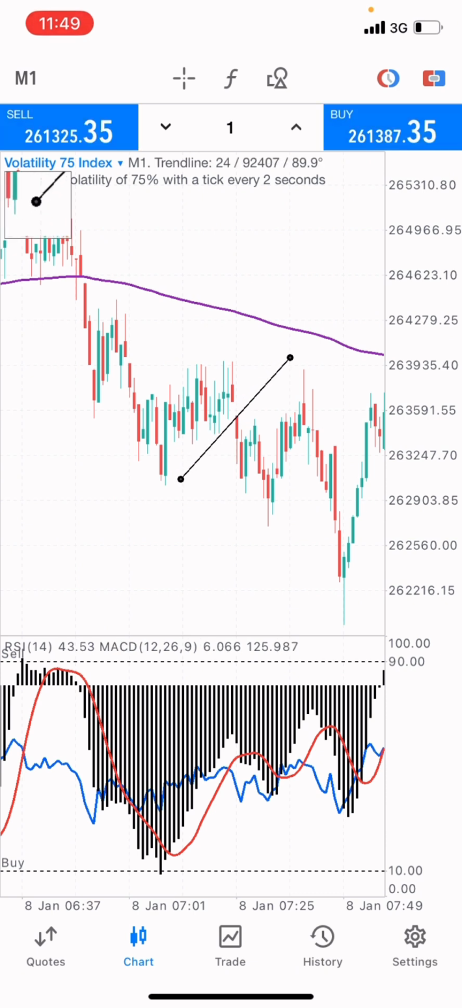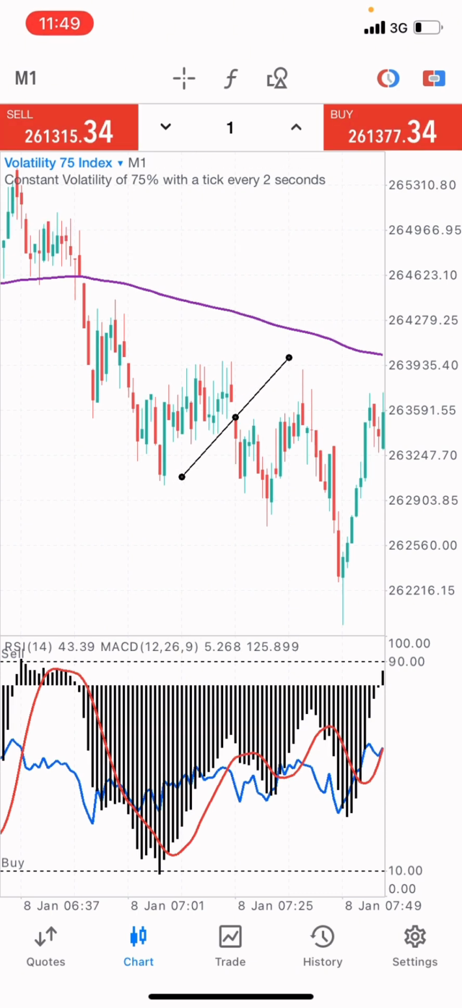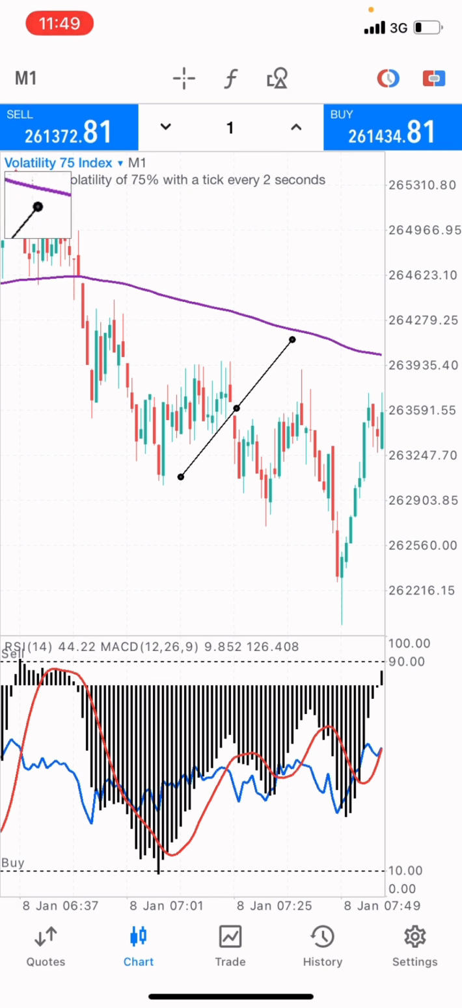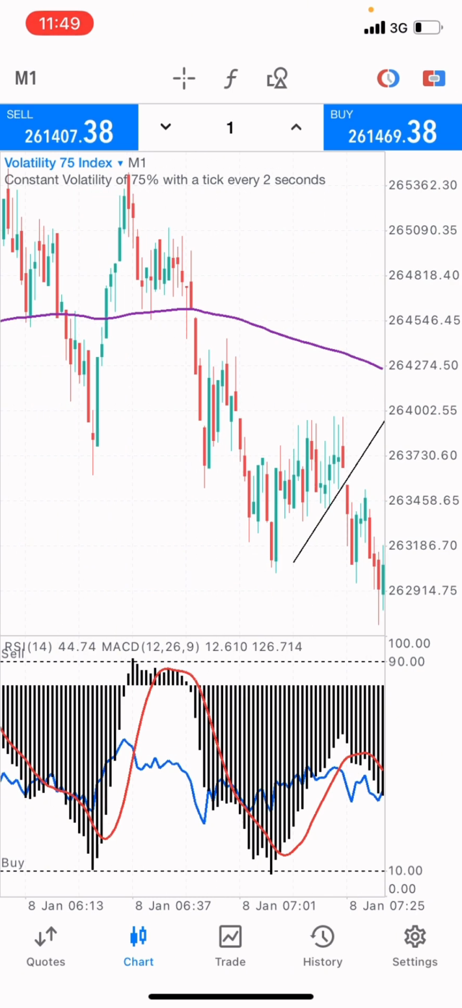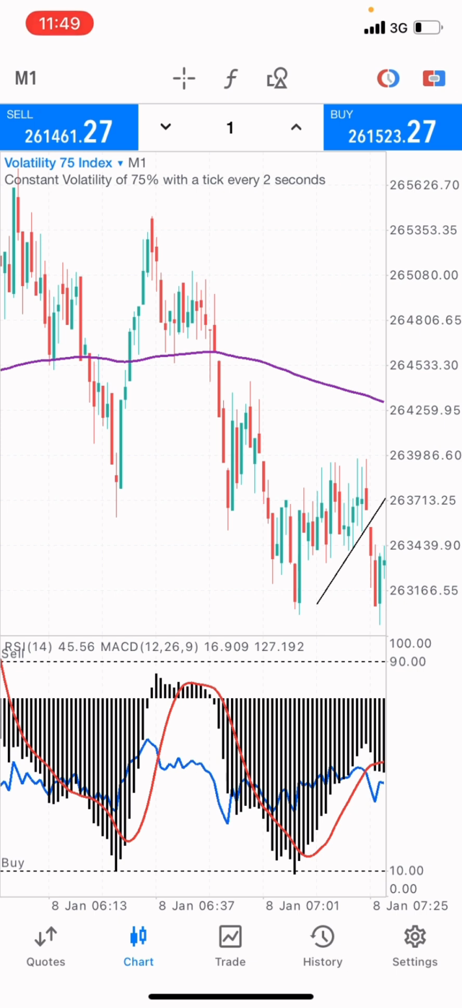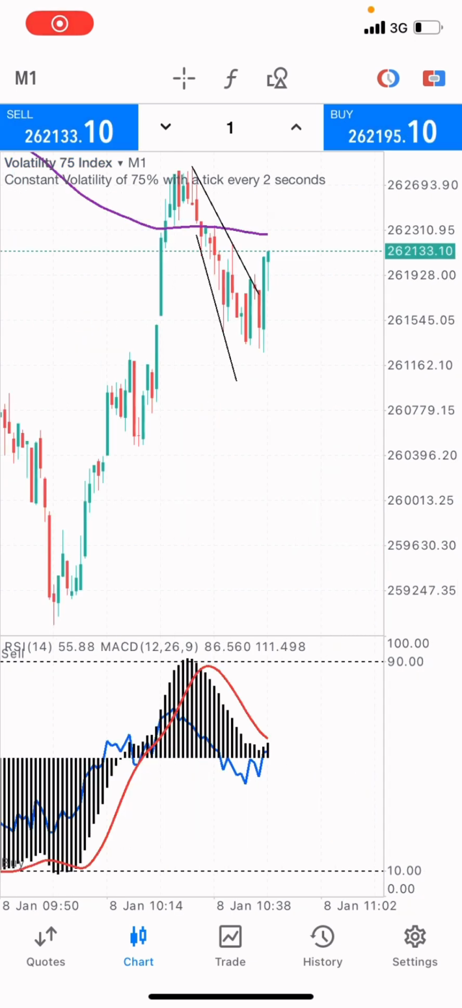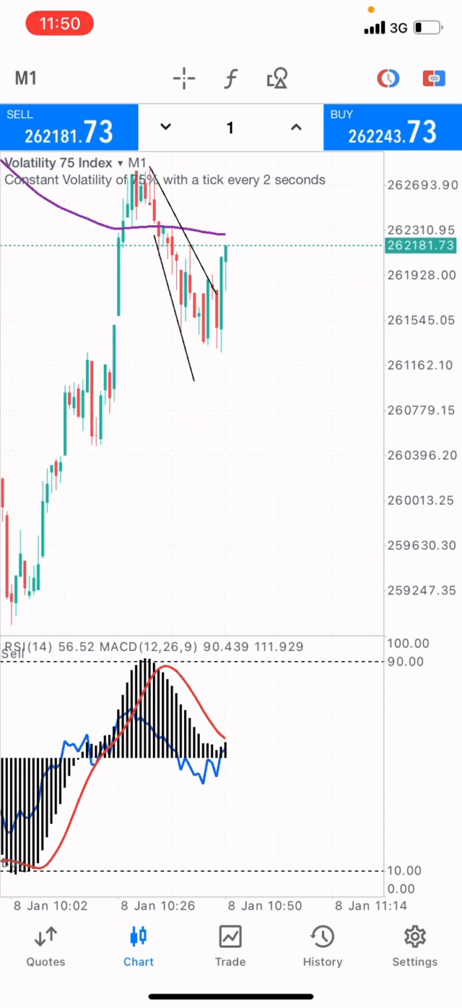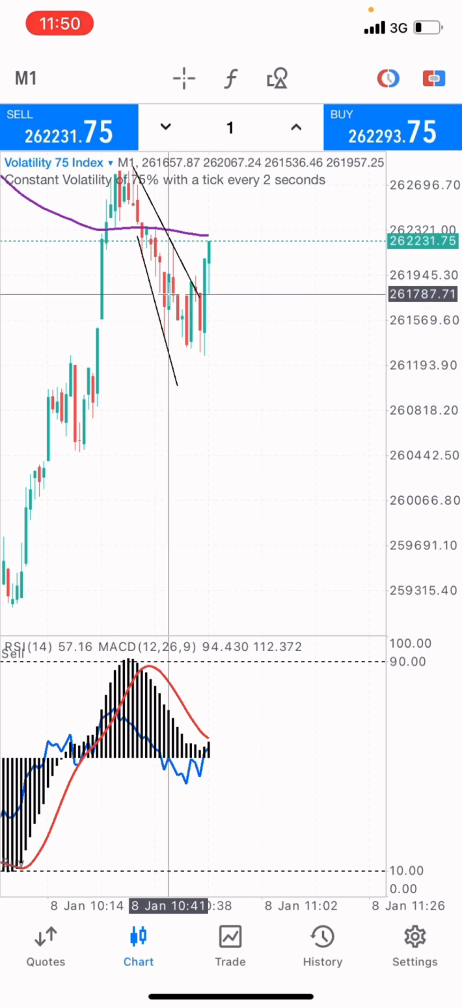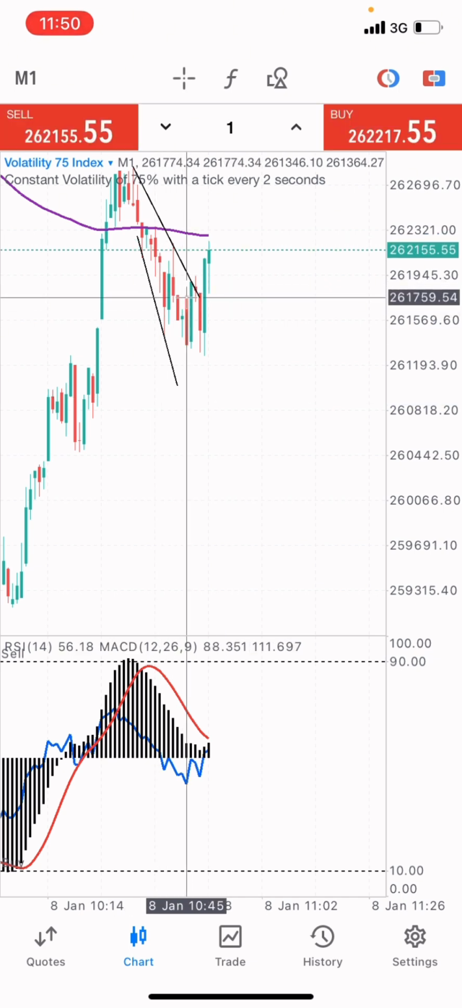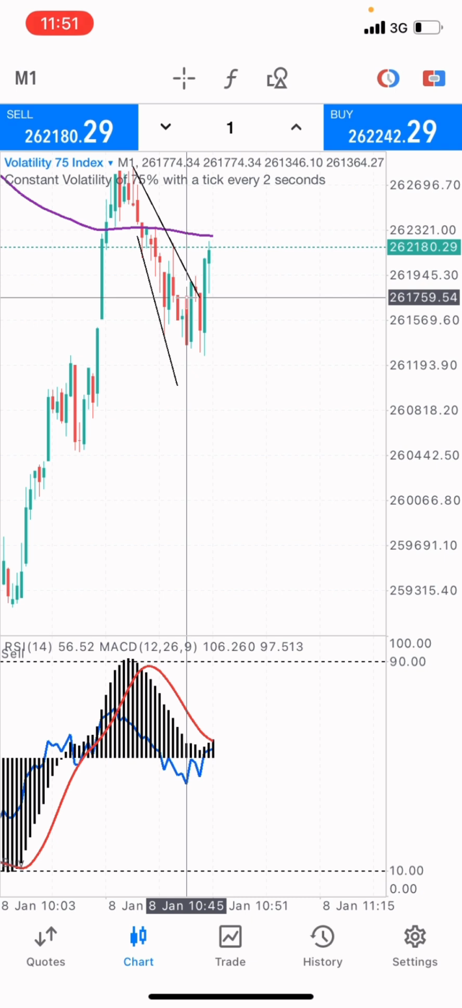Okay, the market traded upwards. Perfect opportunity for you to make massive profit from the volatility 75 market. Like I told you guys, this market would buy. I told you it would buy. So if you are on the volatility 75 and you want to predict when the market will buy